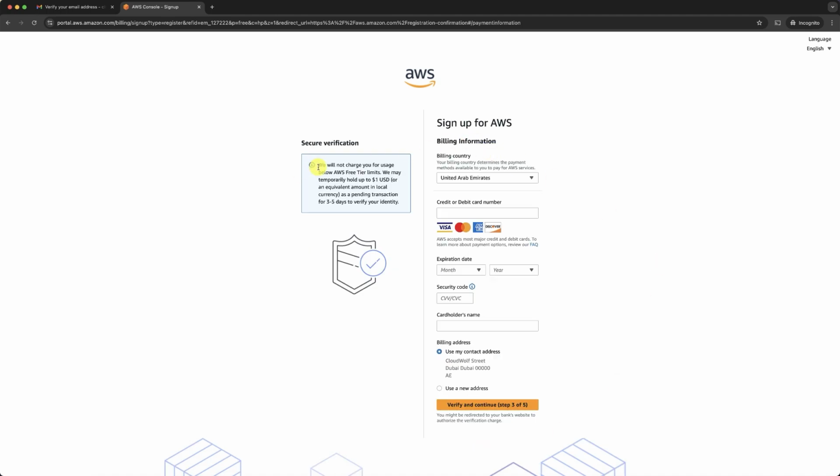So no worries, let's read this to be reassured. We will not, meaning AWS will not charge you for usage below AWS free tier limits. And of course, in this course, I'll be super responsible to always stay in the free tier, and besides give you a disclaimer if we spend even a few cents on services that are not part of the free tier. We may temporarily hold up to $1 or an equivalent amount in local currency as a pending transaction for 3 to 5 days to verify your identity. Okay, so you're completely safe to enter your billing information,